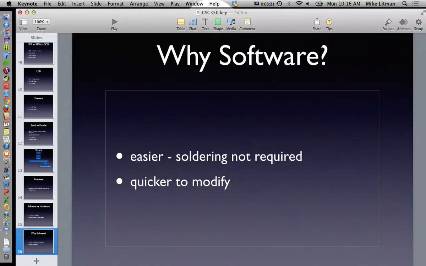And if we put the hardware inside of a plastic container, a case, to make it less susceptible to damage and make it look a little less geeky, now we have to get into the case. So just like fixing something inside of your wall, you've got to knock a hole in the wall or take the drywall off. So it's not nearly as easy to make changes. Okay, so software is quicker to modify. Anything else from a software perspective?